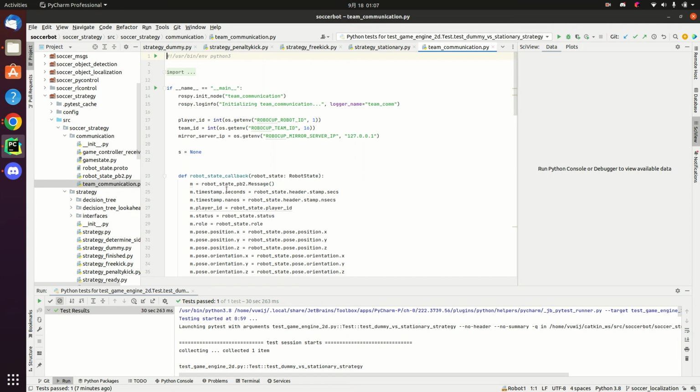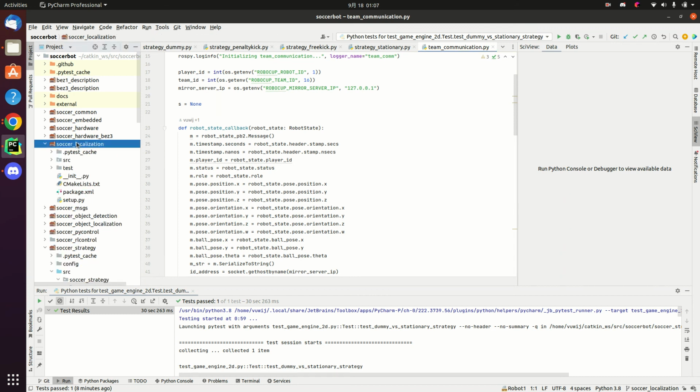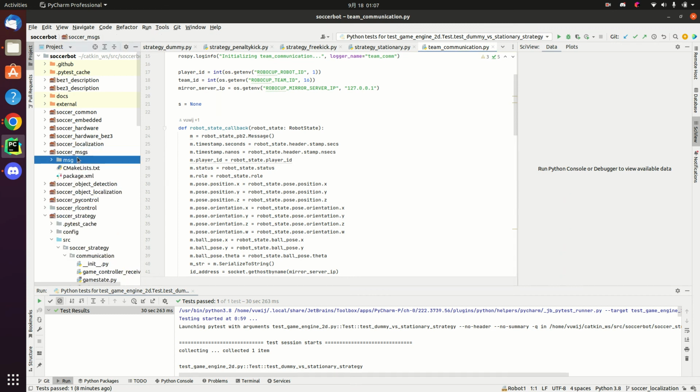And then team communication subscribes to robot 1 information about robot 1 and broadcasts it to 2, 3, and 4. And it does the same thing for 2 to 1, 3, and 4. So basically every robot has all the information about the other robots,